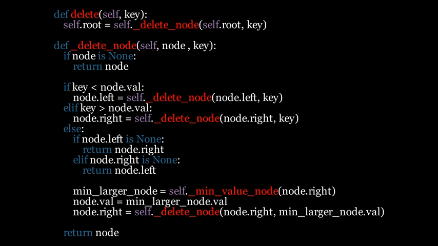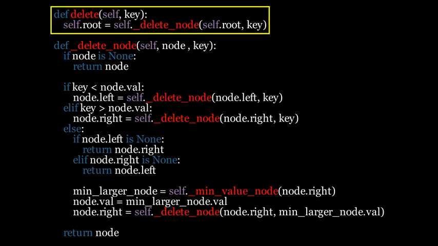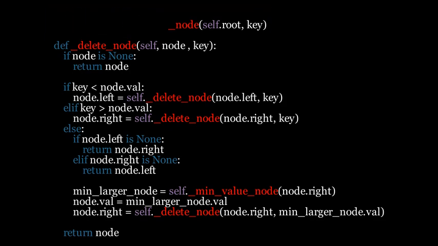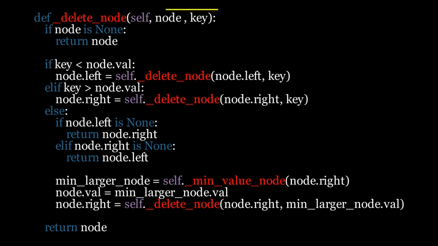Let's break down how the delete method works in multiple steps. The process begins with the delete function, which takes the key to be deleted and calls the helper function _delete_node, starting from the root node of the tree. The goal is to traverse the tree and locate the node containing the key. If the node is None, it means the key does not exist in the tree, and the function simply returns None,